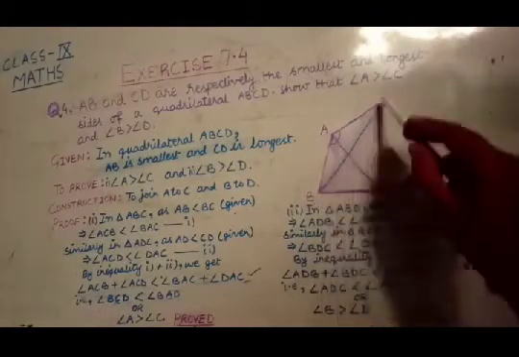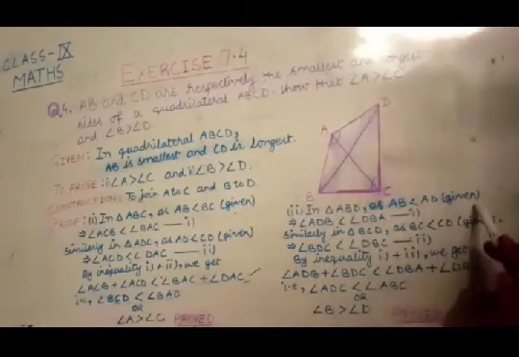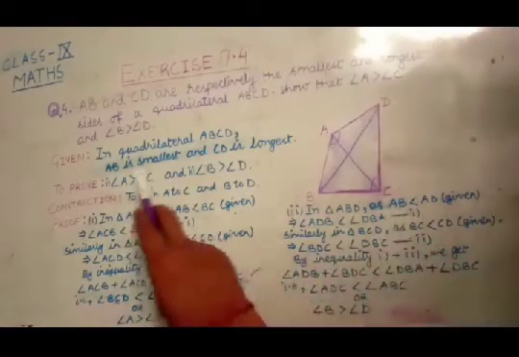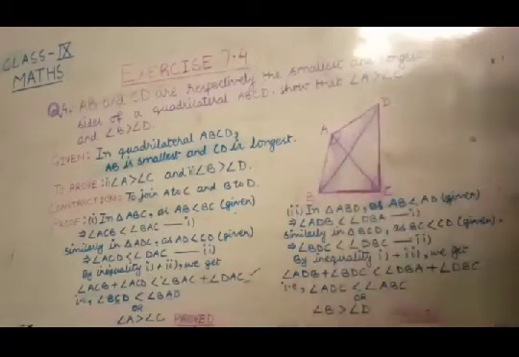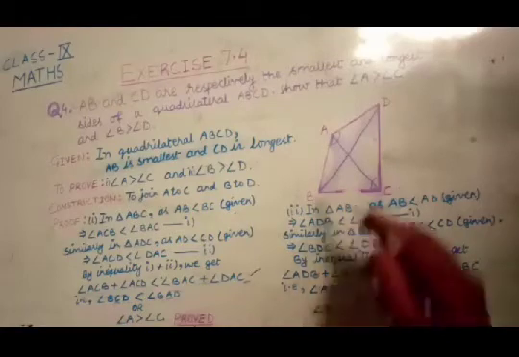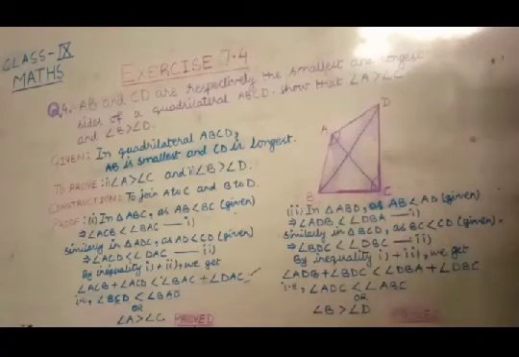Let's move on to the proof of the second statement. Here we observe the triangle ABD in which AB is smaller than AD. This we are given because AB is the smallest side. That's why the angle opposite to AB is smaller than the angle opposite to AD. It means angle ADB is smaller than angle DBA. Let this be the first inequality.